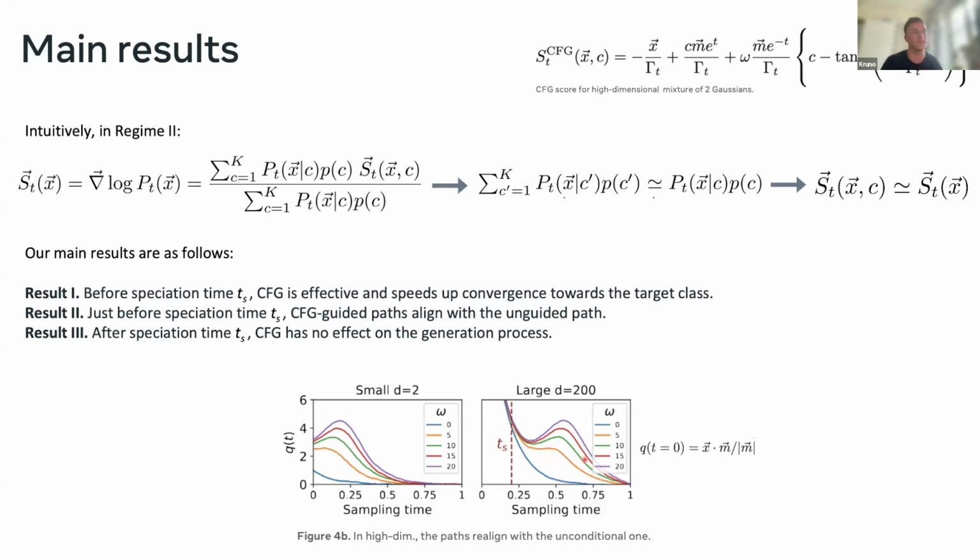What's going to happen is that the push that we're giving with classifier-free guidance, as time decreases, is going to get smaller and smaller, and the magnitude of the flow is going to get larger and larger, which means that the pull towards the blue one is going to get stronger than the push we're having from classifier-free guidance. Yeah, okay. And this is essentially exactly what we do in the proof. You just show that this pull towards the blue line gets stronger and stronger. It is just that if the dimension is small, the pull is not strong enough to overtake the force of classifier-free guidance.